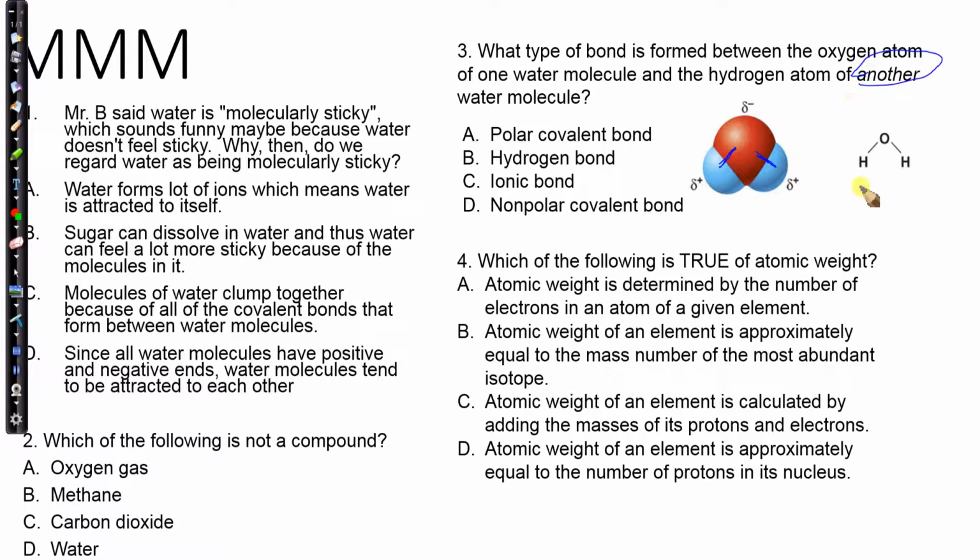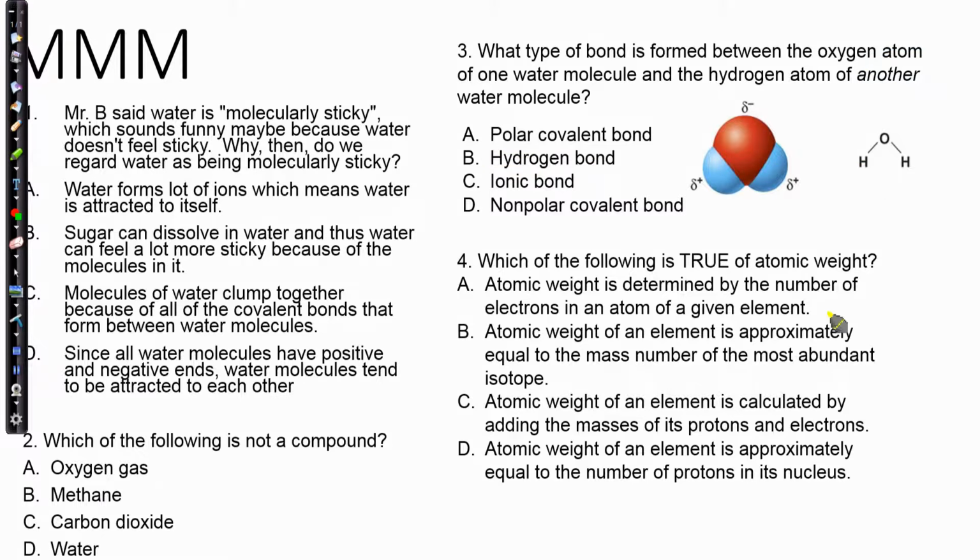So how does water bind? Here's another water molecule here. Here's oxygen and hydrogen and another hydrogen. So the question we're being asked is to consider what is the bond we're talking about right here. That is a hydrogen bond. That is a weak attraction between hydrogen, which is a little bit positive, and some other element, rather. In this case, it's going to be oxygen.